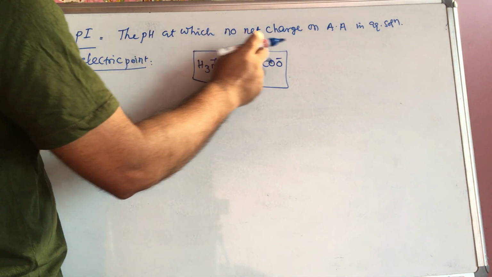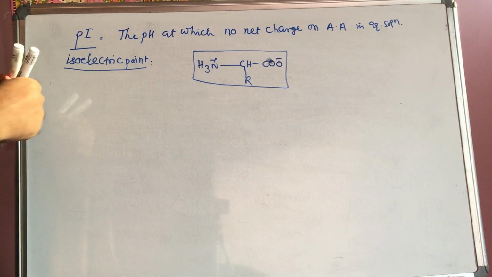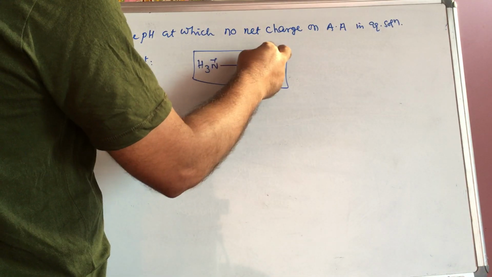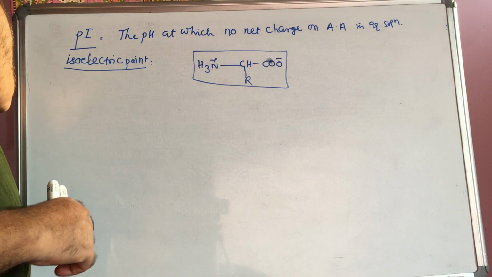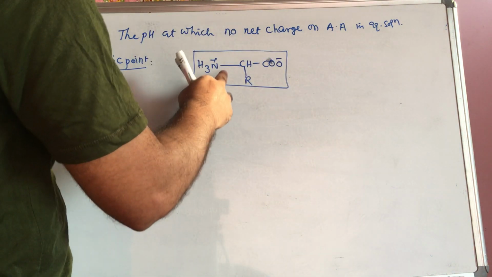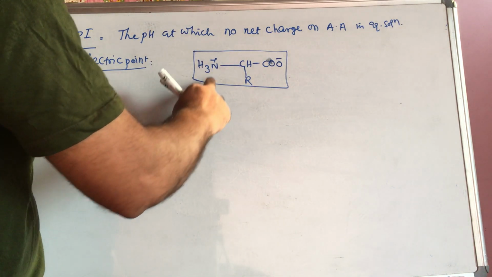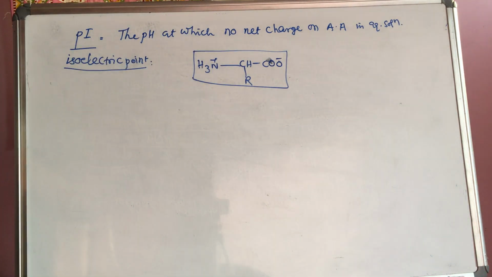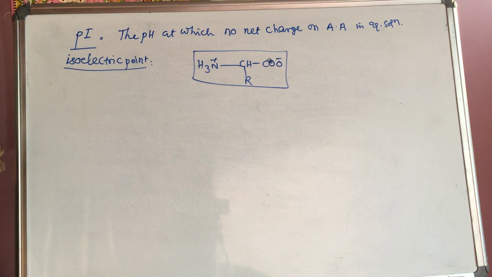This is electrically neutral, but it has charges. Electrically neutral means the positive is neutralized by the negative. Generally, neutral means there is no charge that we are considering here. They just mutually cancel. This is a dipolar ion, but it is electrically neutral. So the net charge we have to consider is 0. At this moment it will not move toward either electrode. That's why it is called the isoelectric point.